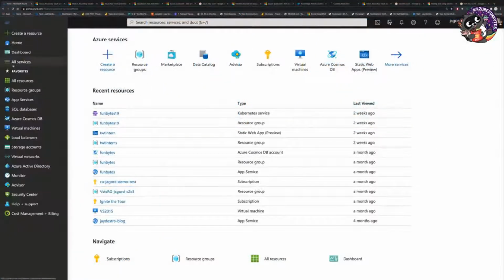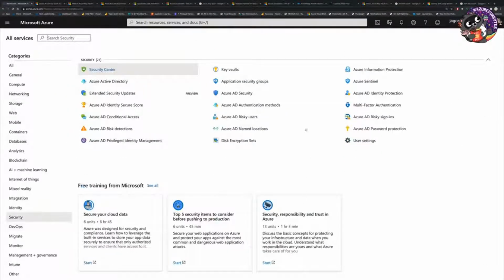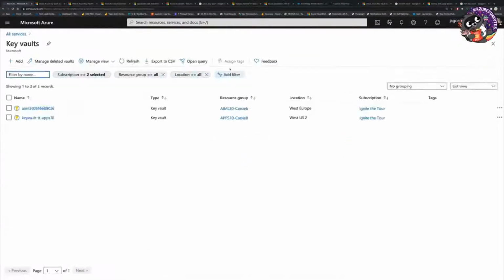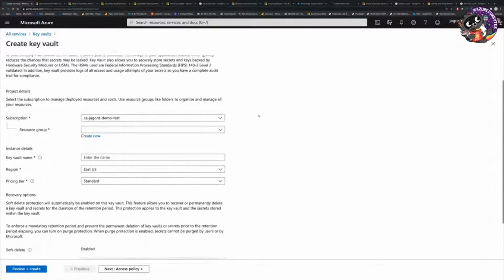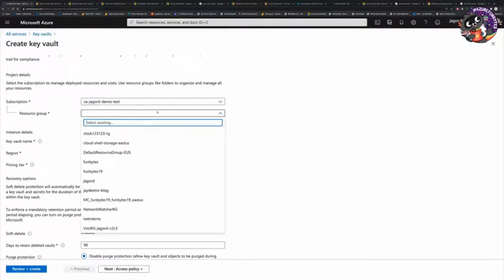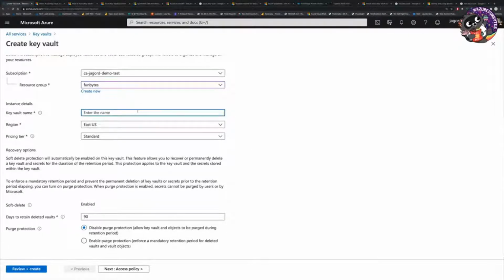To create a Key Vault, go to All Services, head down to Security, and you'll find Key Vaults. Here, you can start creating a Key Vault. You can click Add, and then you'll follow the template to create your new Key Vault. I'll give it a resource group, give it a name,